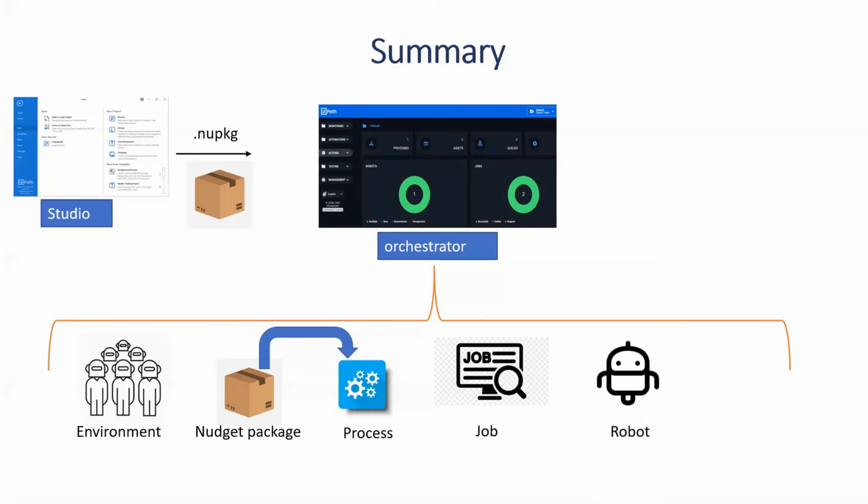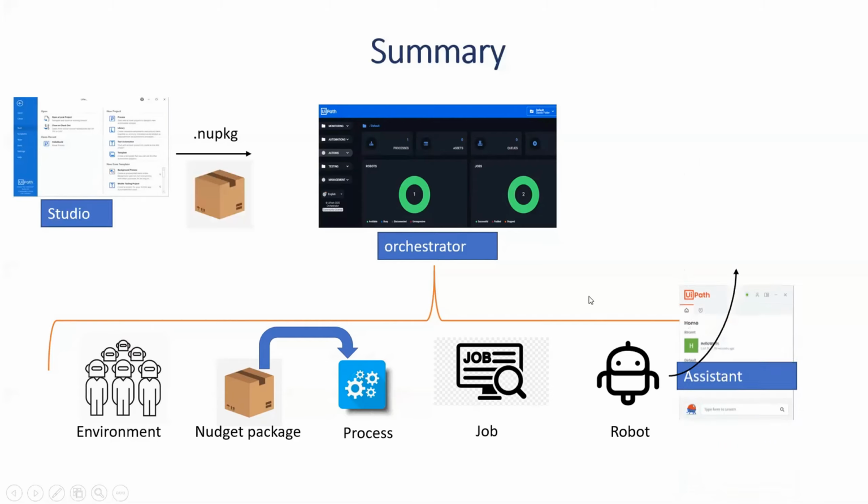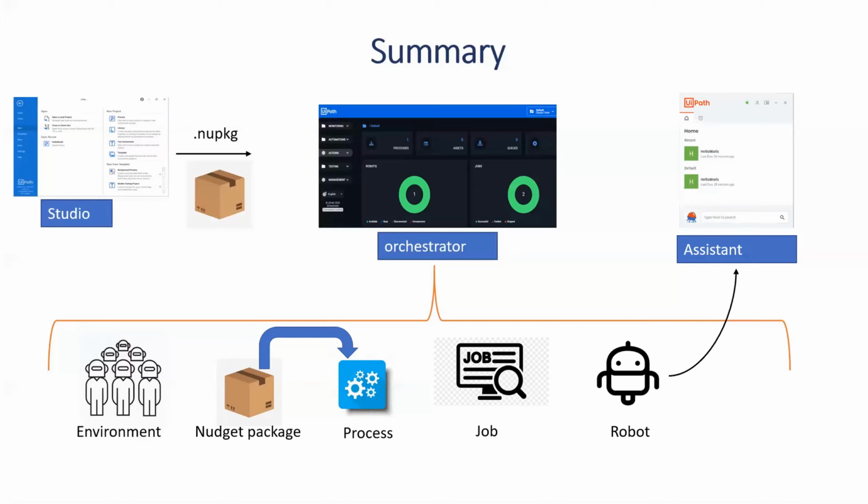And then when I schedule a job, Orchestrator will say, okay, I will trigger your robot every Sunday, but who will execute? So the question arises, who will execute? Robot will execute. And this robot is nothing but connected to the UiPath Assistant, the assistant we were talking about, right? Orchestrator will give a signal to that assistant that you trigger this job, and this job will consist of the process which we have developed from the Studio. This robot is nothing but the assistant.